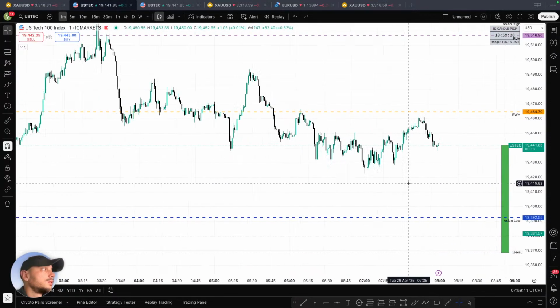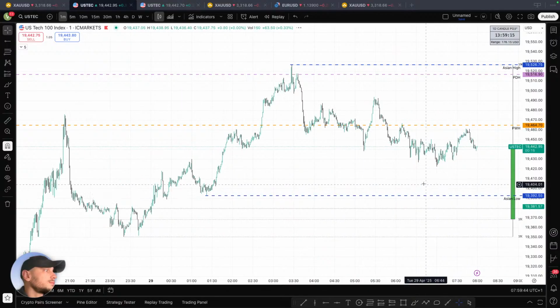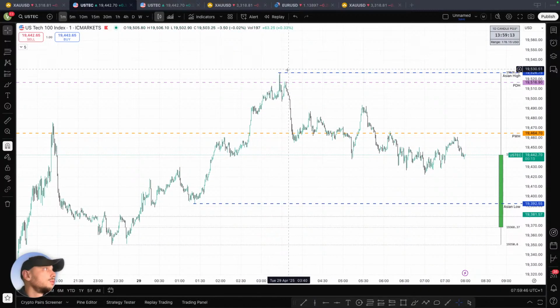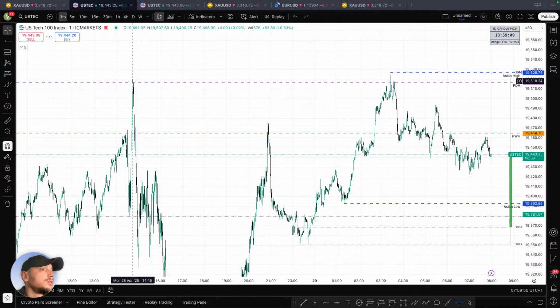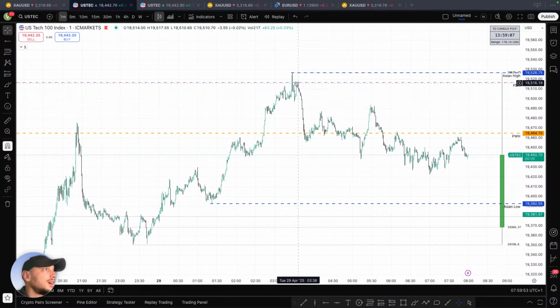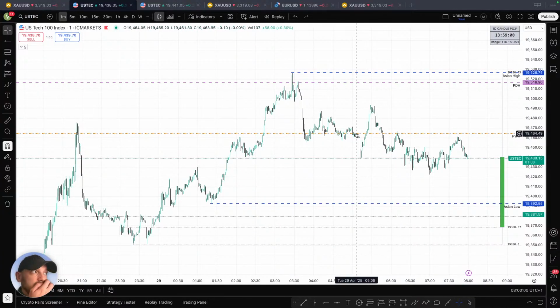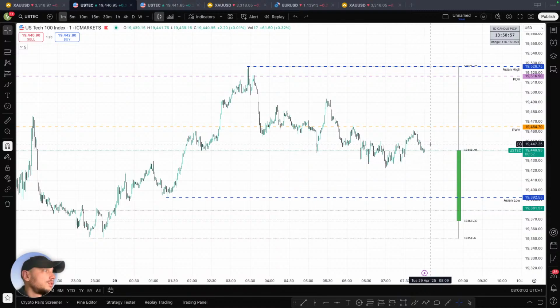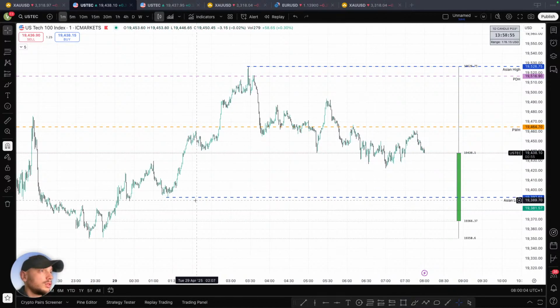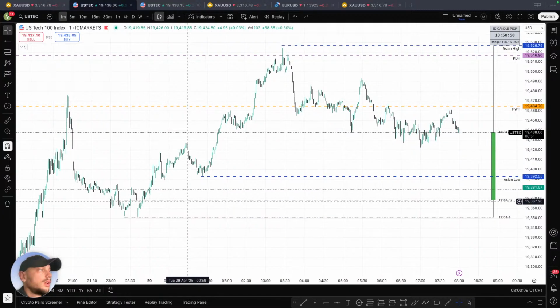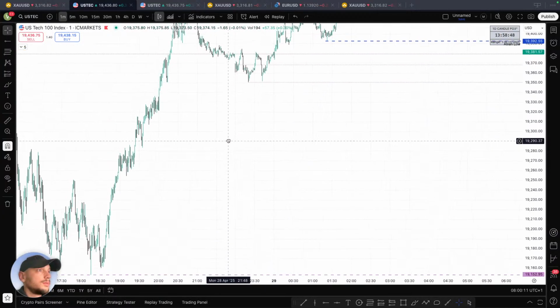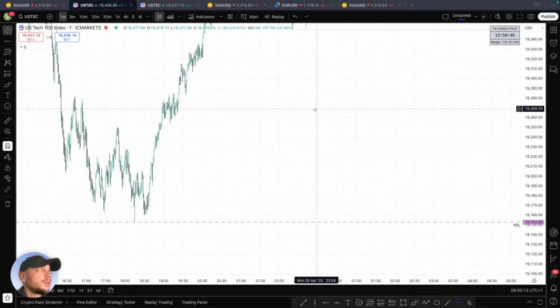If we go on US Tech, 1 minute till the open, we have the Asian highs here, and we can see the Asian highs took the previous day highs, and you can see what reaction we have. Immediately went down. So the daily candle went down. So for the ORB, I like those lows. I like the Asian lows. I really like them. Even the previous day lows. Amazing. Great liquidity level.